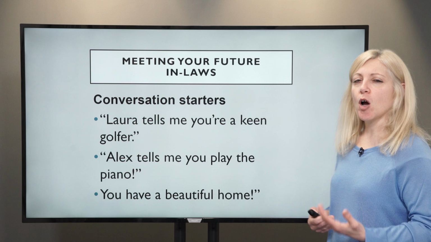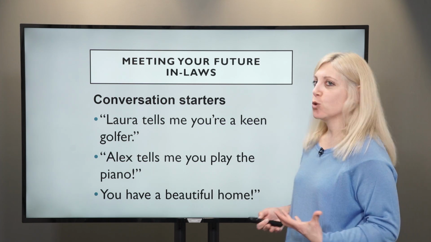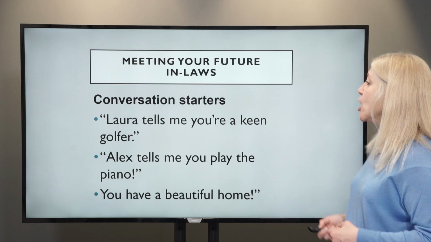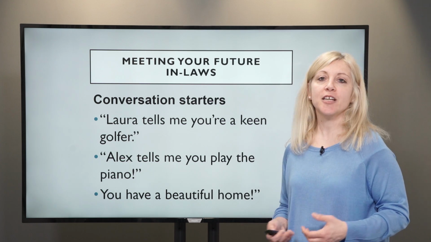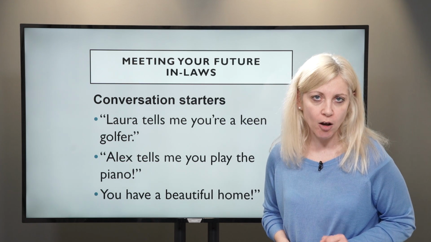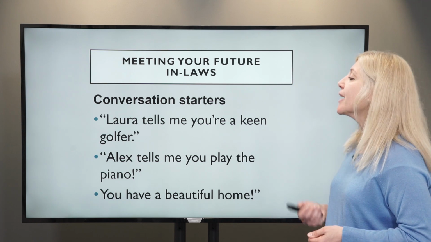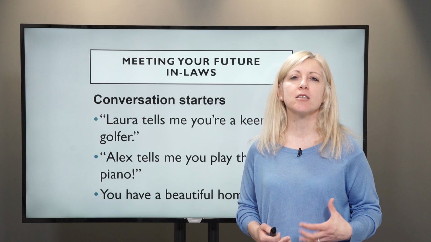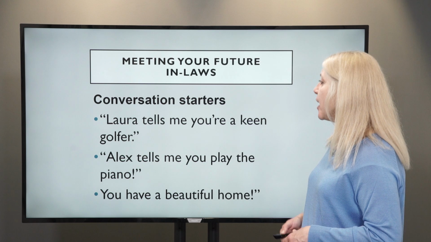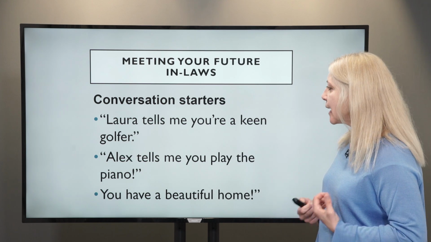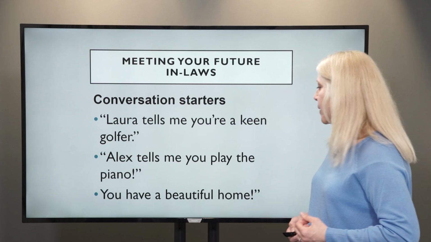Now you want to make some conversation. You want to make a little bit of small talk, of course. You want to give a good impression. So if you know they've got a hobby, use that, okay? So your partner may have said to you, oh, my mother loves playing golf, or my father loves playing golf. So you could say, hey, Laura tells me you're a keen golfer. Keen means somebody who likes, who enjoys playing the game, okay? So that's just an example. Laura tells me you're a keen golfer, or if it's the piano, Alex tells me that you play the piano,